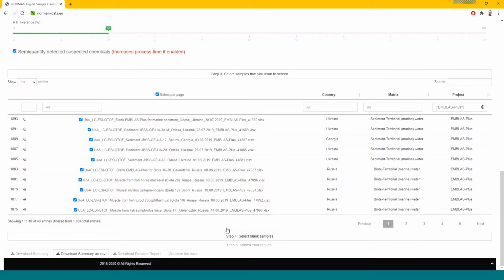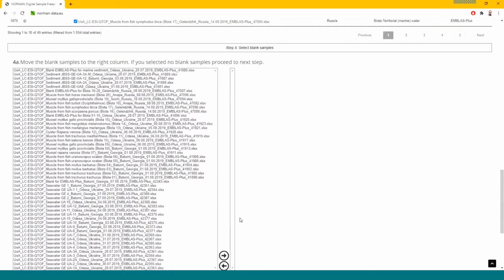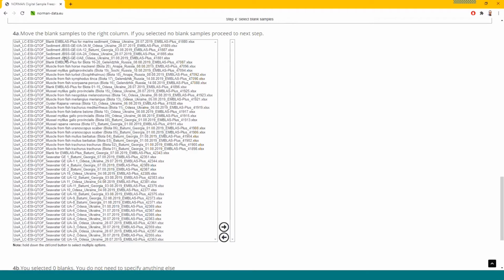In the fourth step, we have to specify the blank samples for each dataset. Since biota, sediments, and seawater has been collected in this sampling campaign, we need to have at least 3 blank samples.